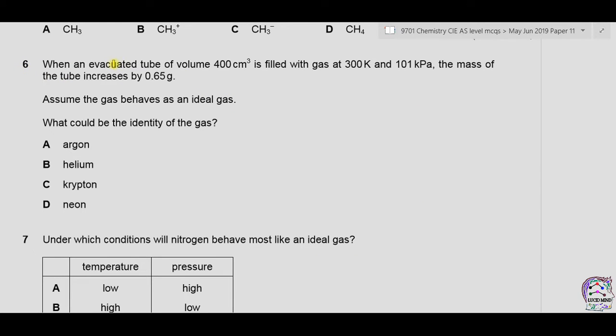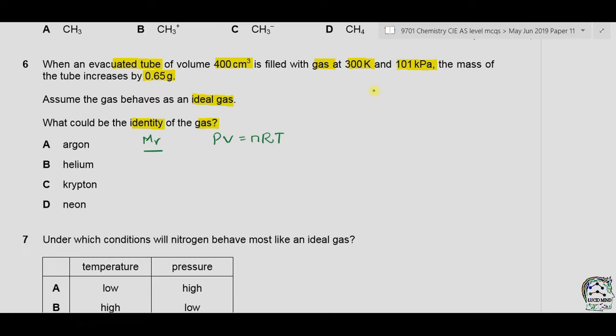Question number 6. When an evacuated tube of volume 400 cm3 is filled with a gas at 300 Kelvin and 101 kilopascals, the mass of the tube increases by 0.65 grams. Assume the gas behaves as an ideal gas. What could be the identity of the gas? Now different gases are present in the answer. We can identify the gas by calculating the molecular mass of the gas, and then we can find out which gas is present. We can use the formula PV is equal to nRT,